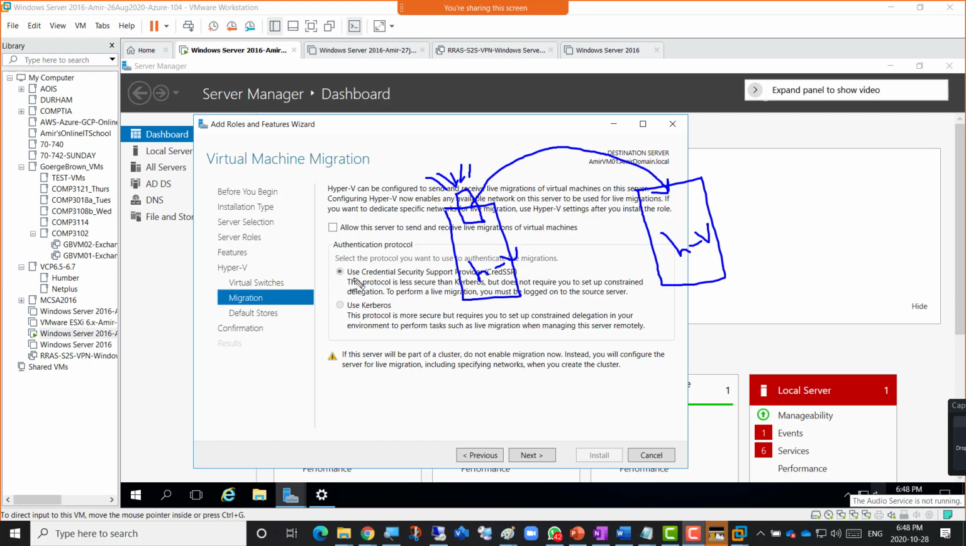The two options here: credentials, CredSSP, is just for when you don't want central authentication and you want to live migrate by sitting in front of the machine. Kerberos means that Active Directory will confirm whether you have the privileges to live migrate a virtual machine from one Hyper-V to another. This whole step-by-step configuration is in the 70-740 course,